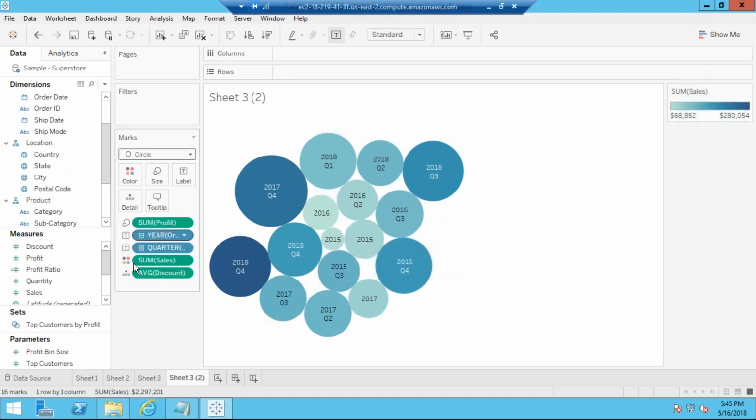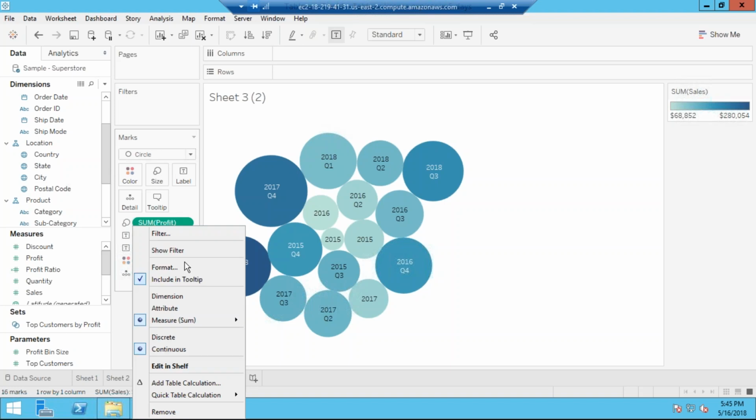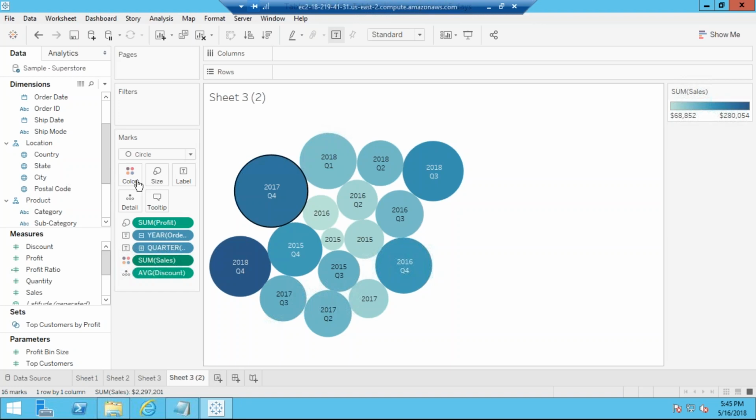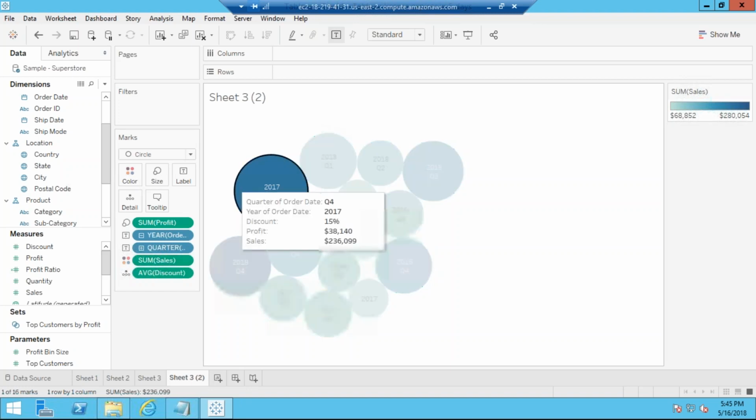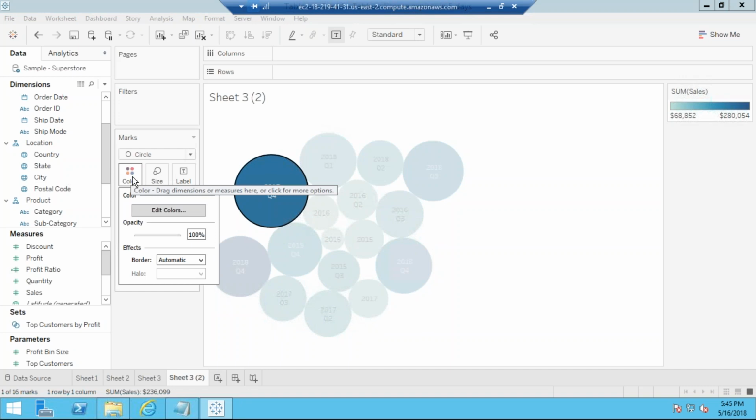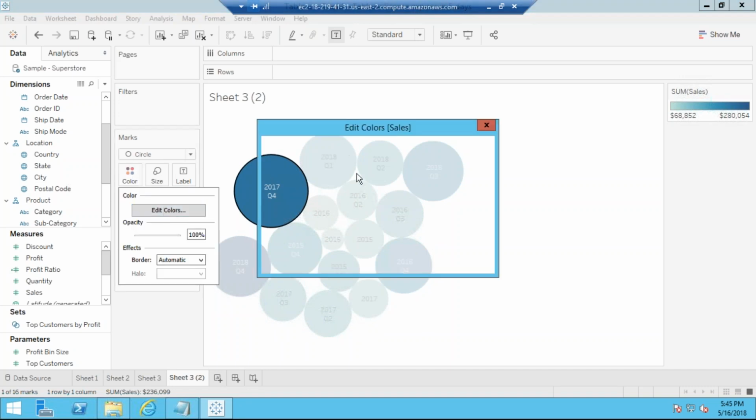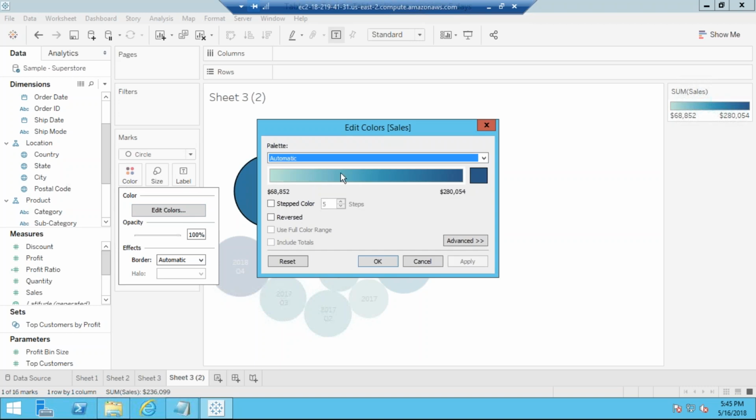So how is this coming? This is coming from colors here. So here you have the colors. Expand this. Okay, you can click on this also, colors. Say edit colors. This is coming right now in the blue color theme, so that is called automatic. So this is taking blue color gradient. We call it gradient. This kind of colors where you have the lighter shade to darker shade is called gradient kind of coloring.